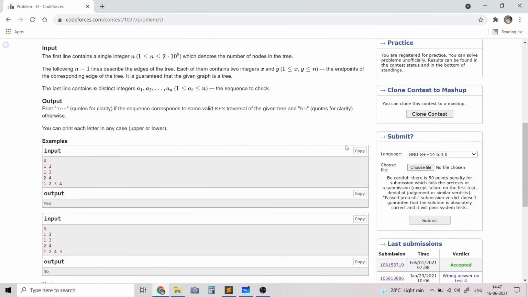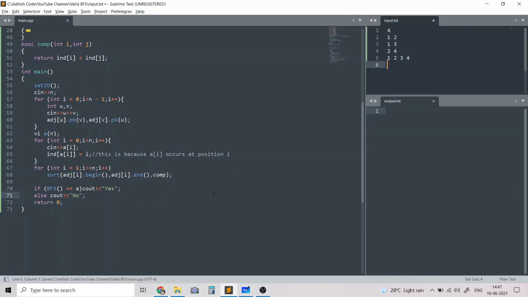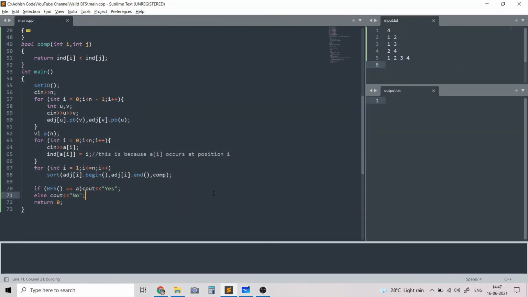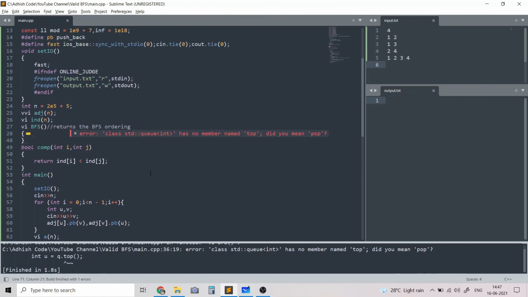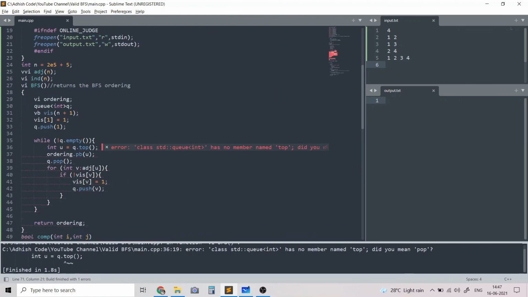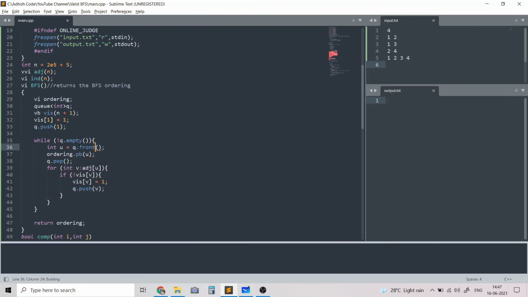Now let's check whether this code passes the sample test cases. And this should actually be a front because this is a queue, not a priority queue.